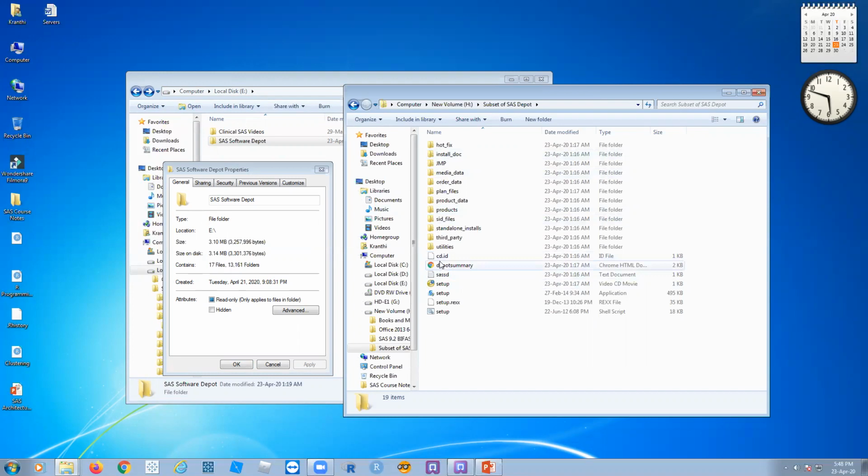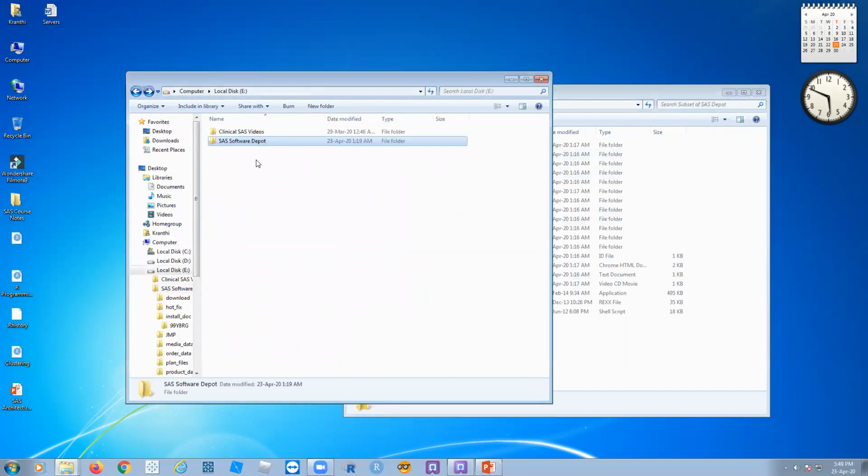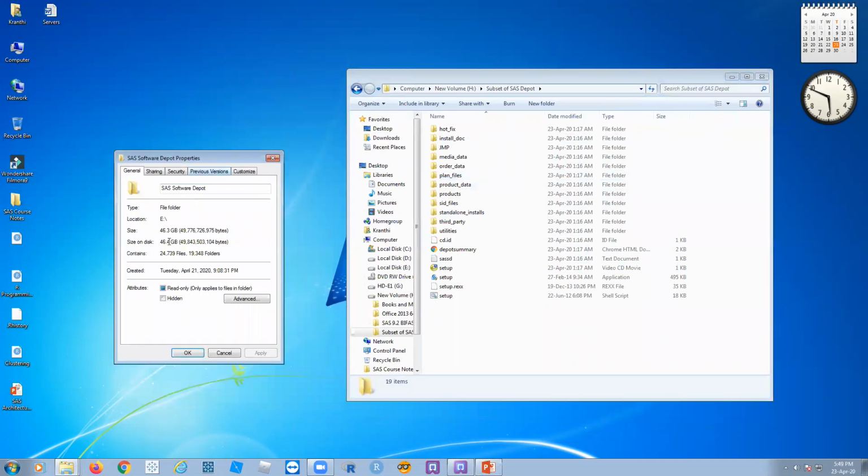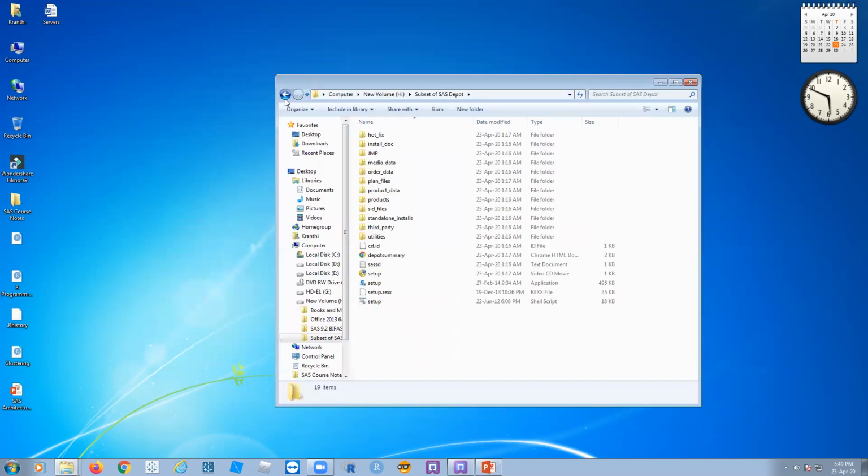Okay, so we have to make the deployment. Deployment means extract the required part from the master software, okay, and then make a subset. So here, this is 46.3 GB. This is the complete one. So I deployed it actually.